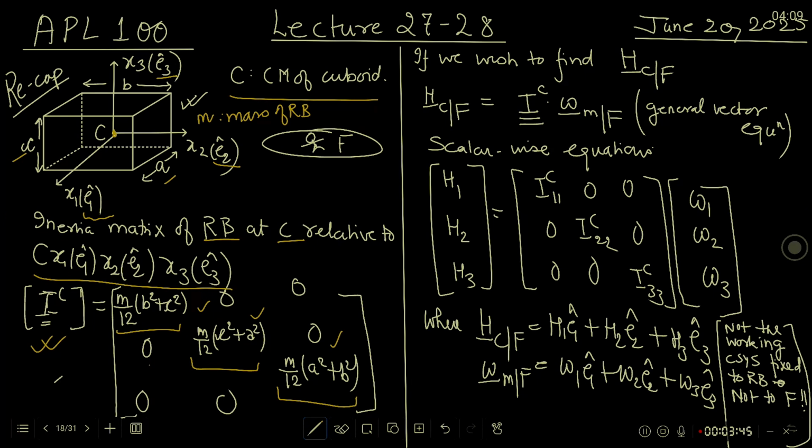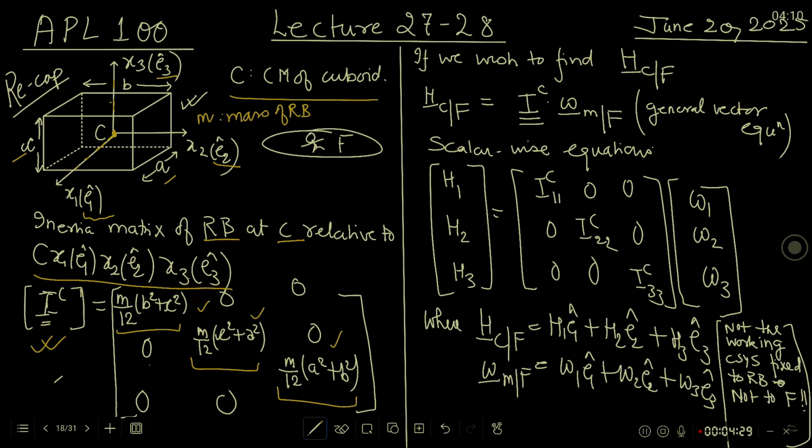I realized in the very beginning that if I have to find the off diagonal components of the inertia matrix of this RB at point C relative to the coordinate system shown here, the plane of x1 E1 and x3 E3 is a plane of symmetry, and that is why x2 E2 should be a principal axis of the RB at point C. And the moment I realized that x2 E2 is a principal axis, I could conclude then and there that